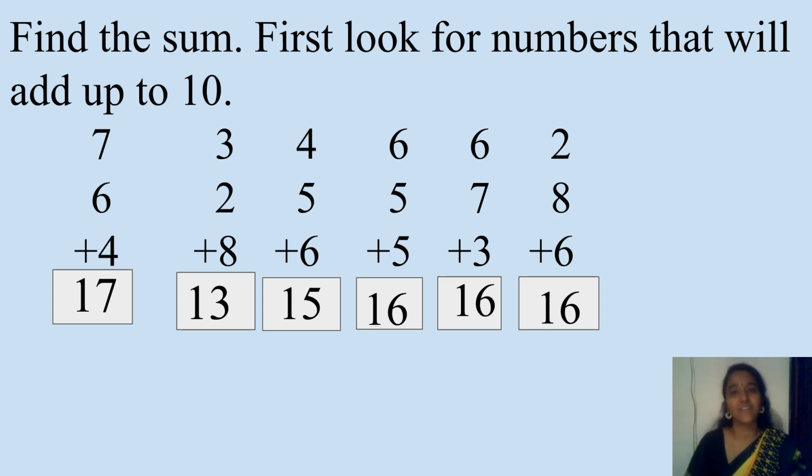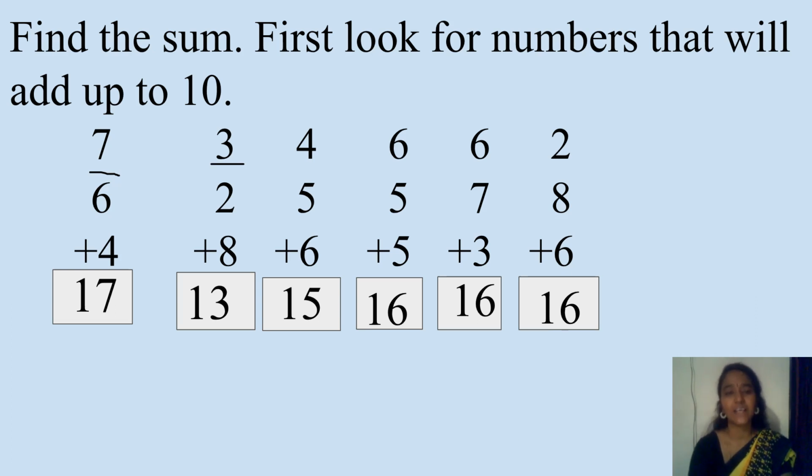Now, see the first one, 7. The first one is 7 plus 6 plus 4, right? What is the friend of 7? 3, isn't it? Is 3 there? No, no. Then go for second one. 6 plus 4 is, friend of 6 is 4, right? So 6 plus 4 is 10. 10 plus 7 is 17. Like that only. Go for next sum.